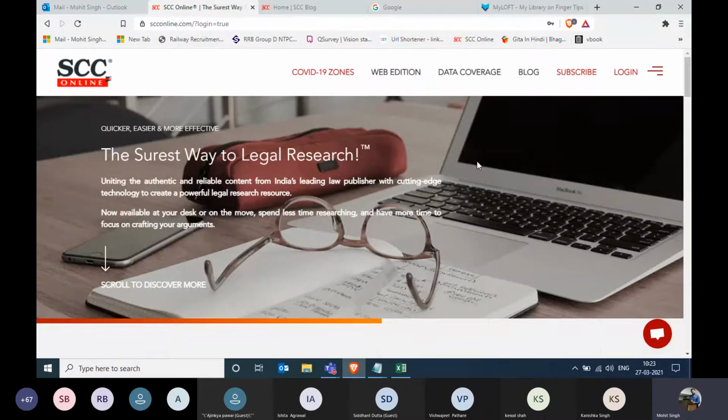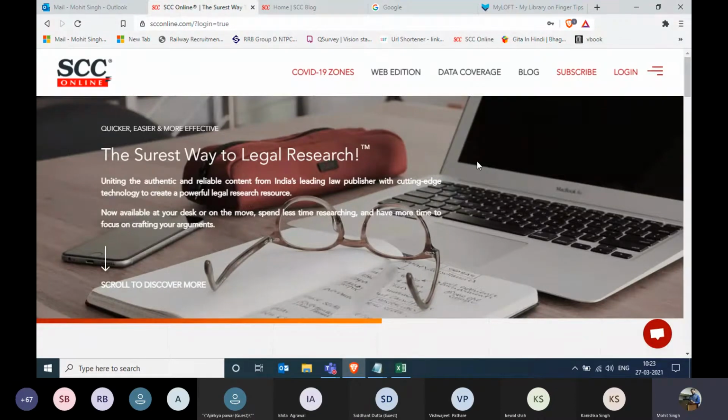Eastern Book Company is a legal publishing house of India which publishes legal journals such as SCC journals from 1969 onwards. In these journals, we not only include the judgments from Supreme Court of India, but we also include the case summary, the whole summary of that particular judgment in the form of head note. So we are already printing them, but since SCC Online is a product of Eastern Book Company, we are adding some more data coverage over here. So we'll talk about the data coverage in the later examples.